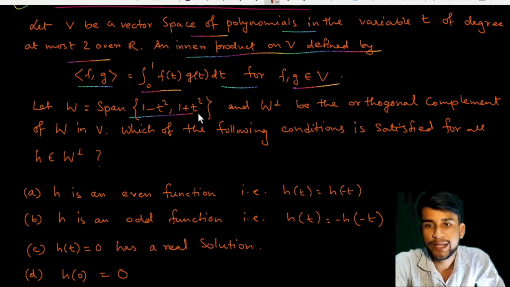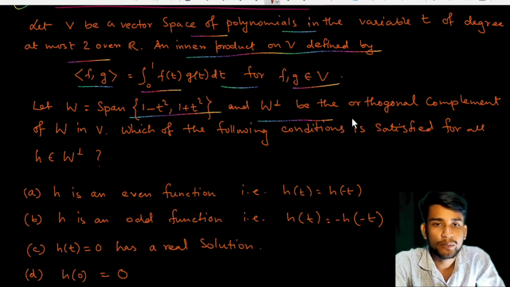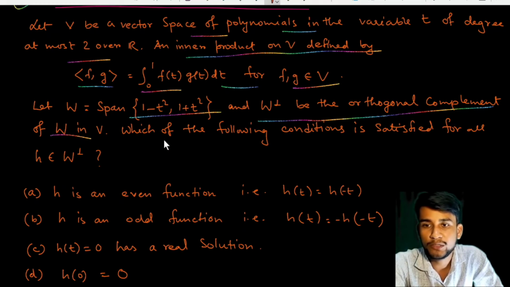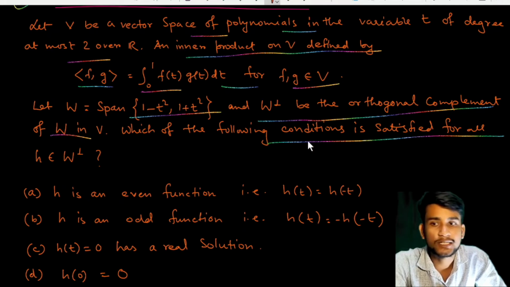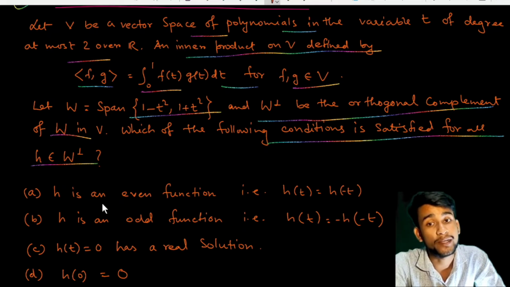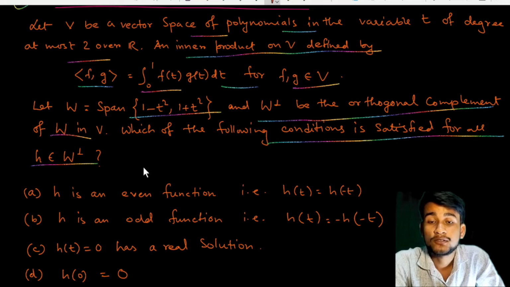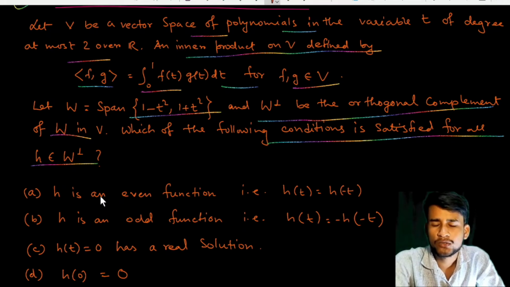Let W equal the span of this one, and W perpendicular be the orthogonal complement of W in V. Then which of the following conditions is satisfied for h belonging to W perpendicular? The question is based on characterizing the function h. So we first have to try to find the function